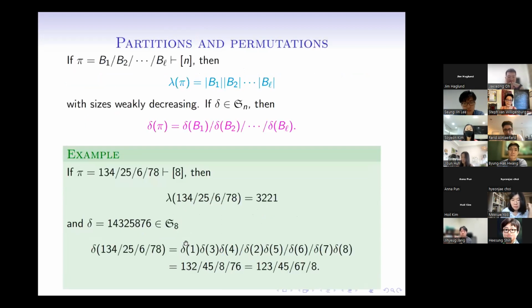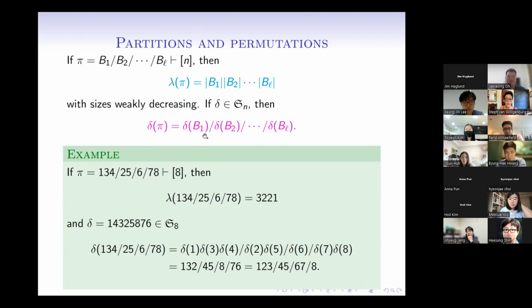And so with this in mind, we can actually calculate the partition determined by our set partition pi. All you do is write down the number of elements in the first block, write down the number of elements in the second block, and so on, and then write these sizes in weakly decreasing order. And we can also let permutations